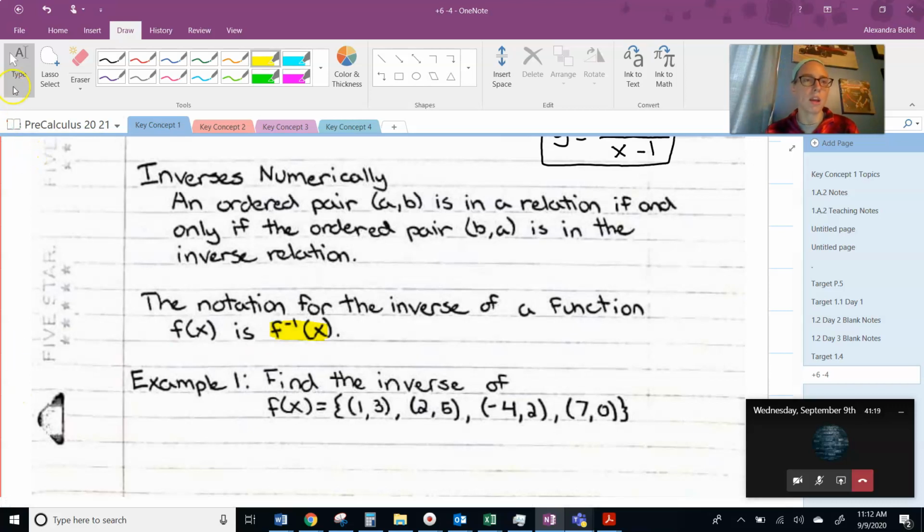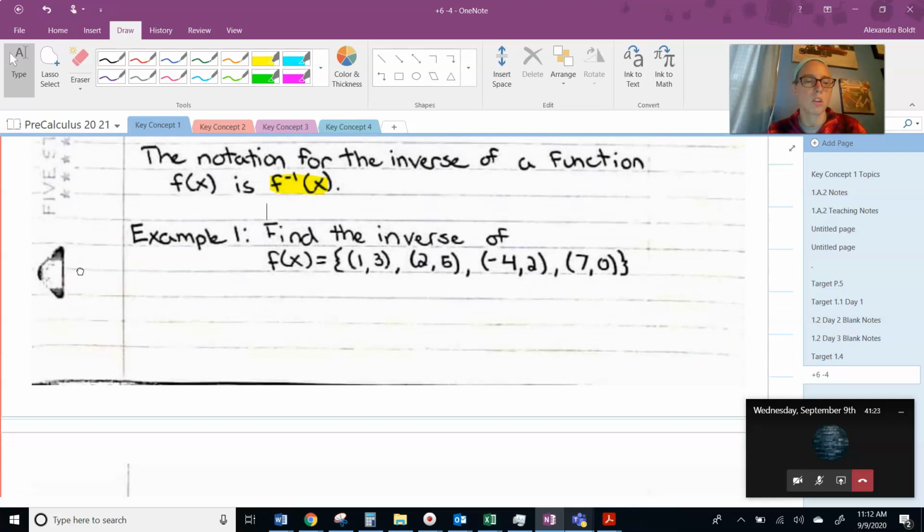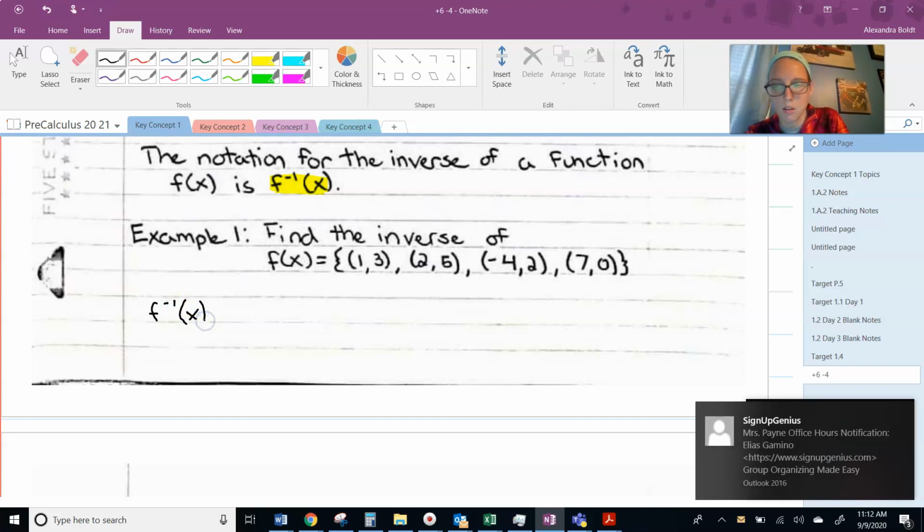So if we're looking numerically, we want to find the inverse of f of x equals {(1, 3), (2, 5), (-4, 2), (7, 0)}. So this function really is just a set of 4 points. That's what those little curly brackets mean, that it's a set. So really when I do the inverse, again, we need that notation. So f to the negative 1 of x equals